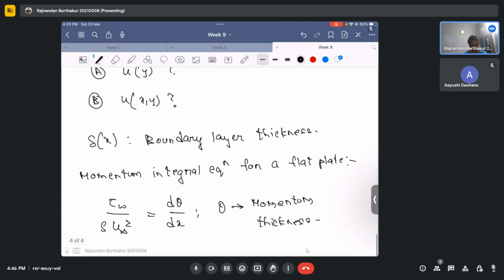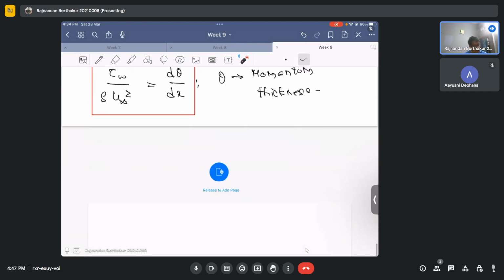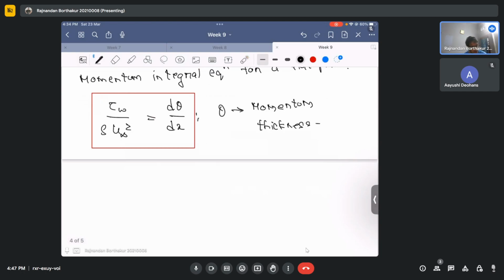All right, so I guess you will be familiar with this equation, because this is the ultimate output of the momentum integral approach. I'll just hint at how to do this. All you need to do is take the boundary layer equations and integrate them from 0 to delta. When you integrate, you remove the y dependency, and you end up with this momentum integral equation, which gives you how the momentum thickness varies as you move downstream along the plate. We will use this, but before that we need to evaluate